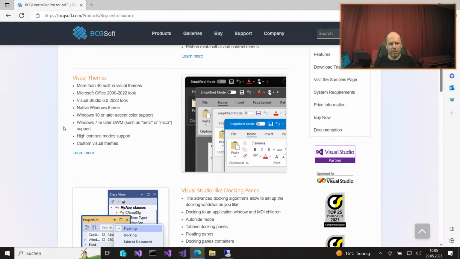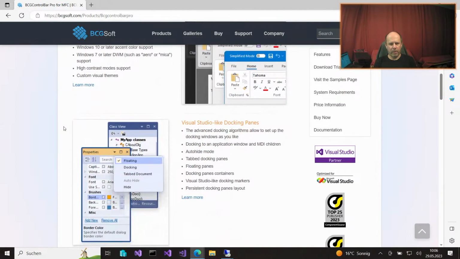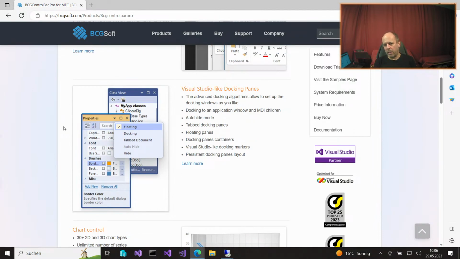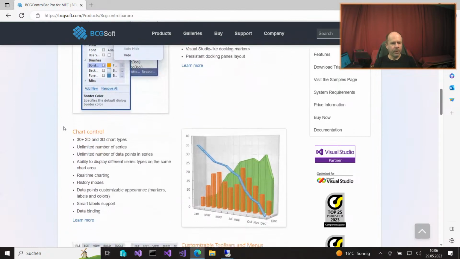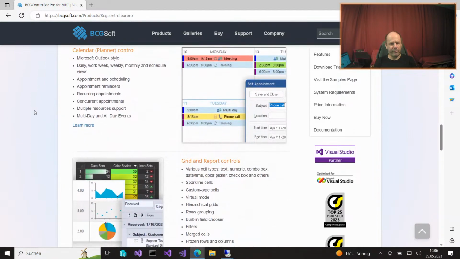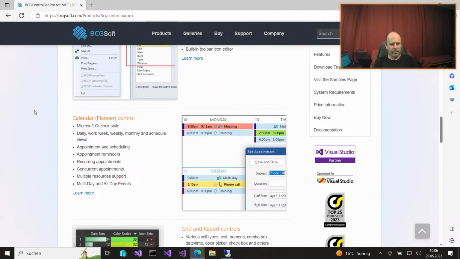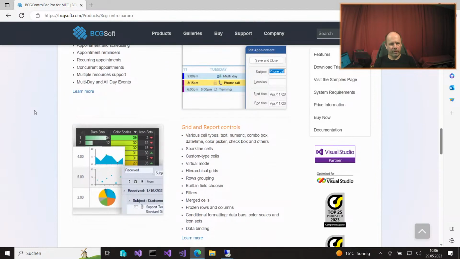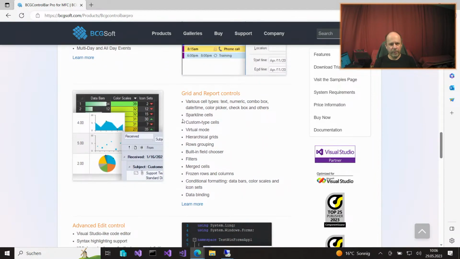You can have a nice looking UI for your application without the need to port it to .NET, without the need to make all stuff fresh from the beginning. And it has well looking chart controls, which is one point I want to have in my software. And it has some calendar controls as well, some grid and report.